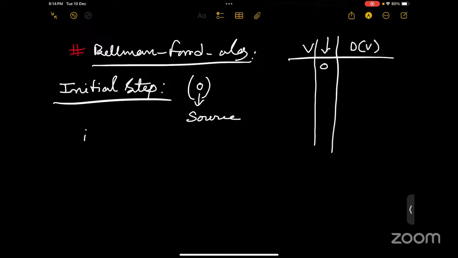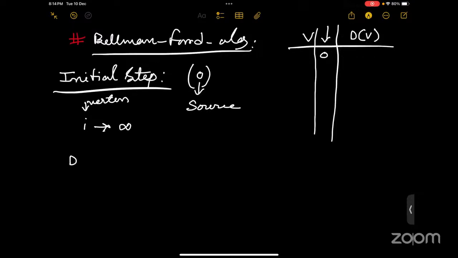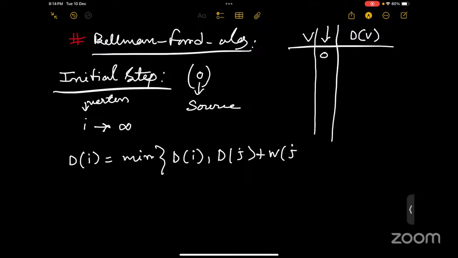And initially for every vertex I, we will initialize the distance as infinity. Then we will move through the algorithm and update the distance. So the formula for the distance is: distance of vertex I is the minimum of distance of I, comma, distance of j plus weight of j comma I. And what is j? J is a vertex such that